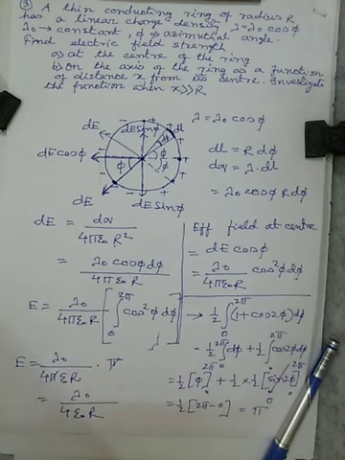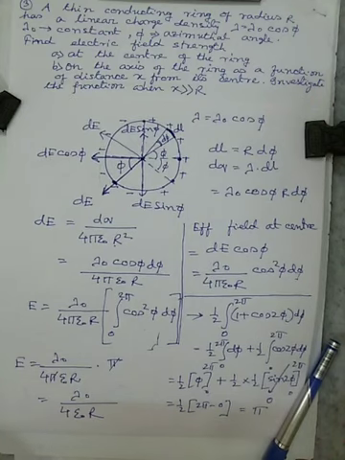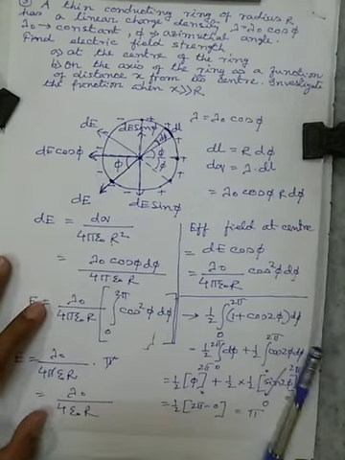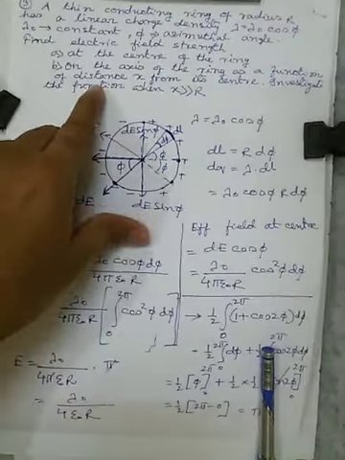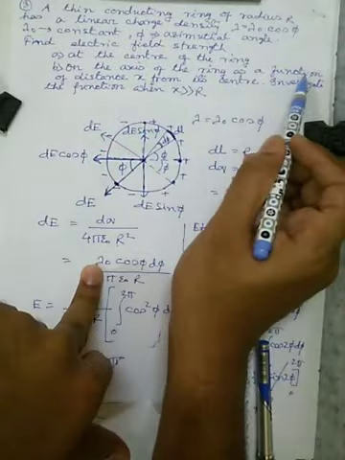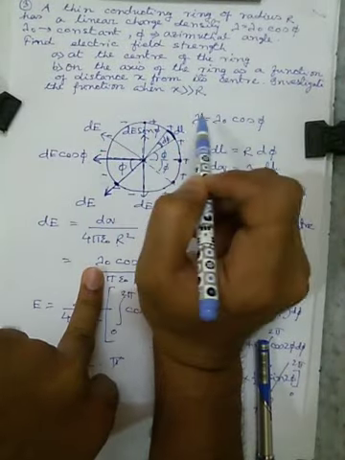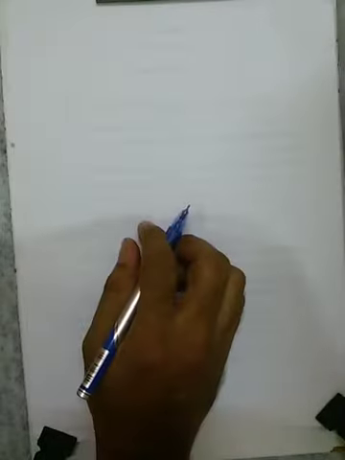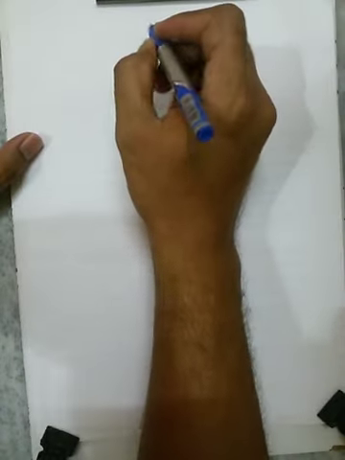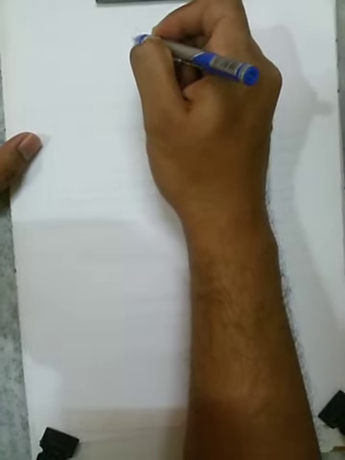It is said that find the electric field at a distance x from the center on the axis. Let us solve this. Read this carefully. On the axis of the ring as a function of distance x from the center. Therefore, we have to find out the electric field on the axis. Now let us solve the remaining part of the problem, which is the main part. This part is more tough than the first part. Now this is the ring.